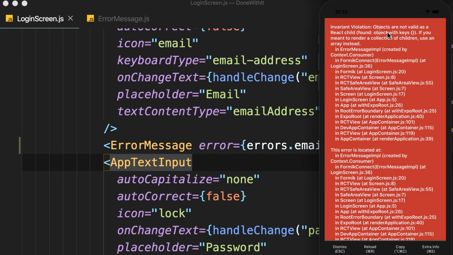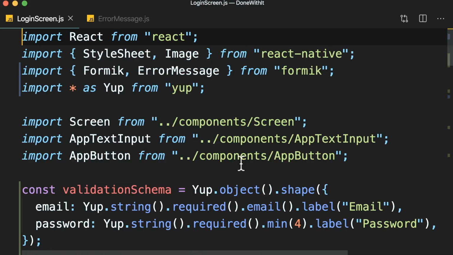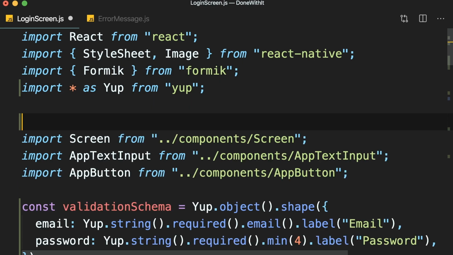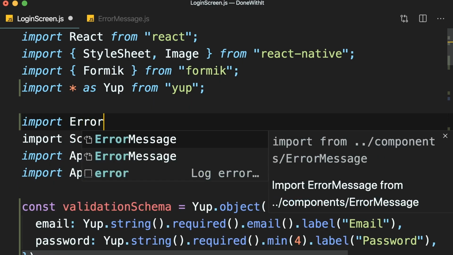We got this error. Objects are not valid as a React child. This is coming from error message implementation in Formik Connect. So the reason this happened was the bloody auto import feature. It imported the error message from Formik because in Formik we have a component with the same name. This is the reason I told you that it's best to name your components with a prefix or something so they're distinguished from the components in third-party libraries. So let's remove this and import error message